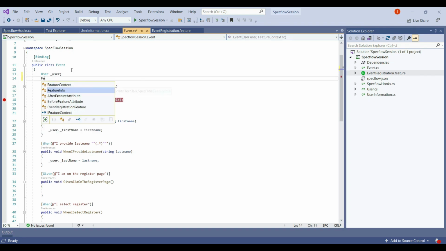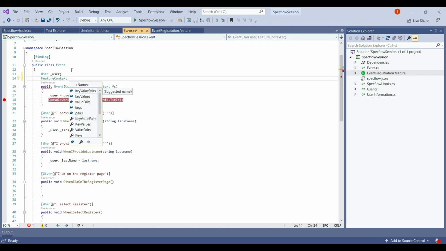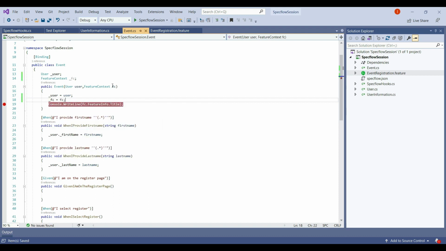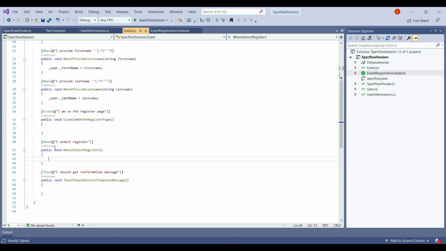You can say feature context and FC, and let's assign this feature context is equal to FC. So now we have assigned the parameterized object, the feature context, to the class level feature context reference variable. Now we can use this FC to save the information. If you want to save some information to the feature context, then you need to use an object of the feature context,